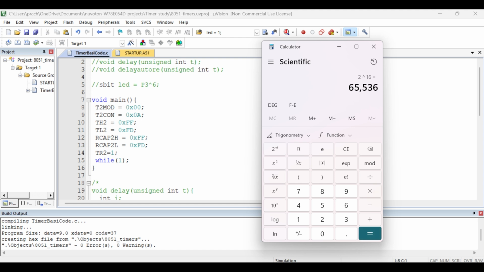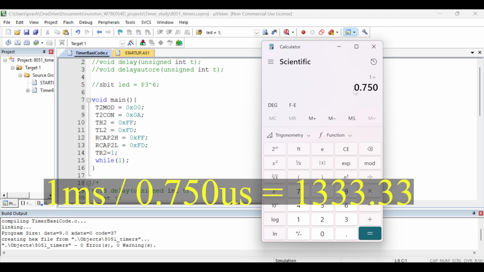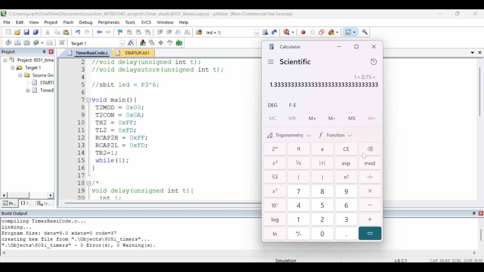So on 65536, the flag will set, which means the roll over will happen from FF to 00. And we want a base delay of 1 millisecond. So 1 divided by 0.750. 0.750 is the time period for 16 megahertz divided by 12. That gives us 1.33, so we get 1333 counts. If we subtract 1333 from 65536, which is the count on which the flag will set, we get